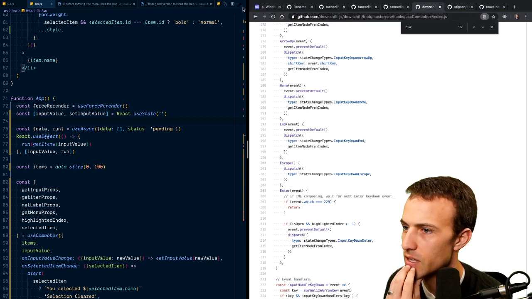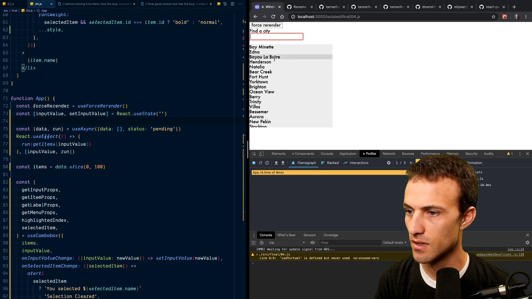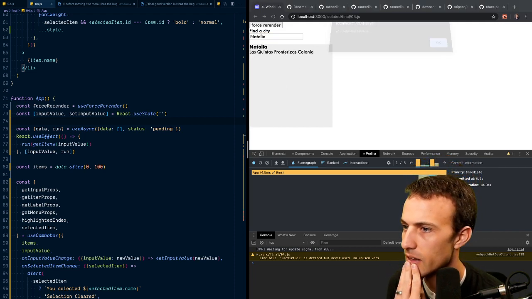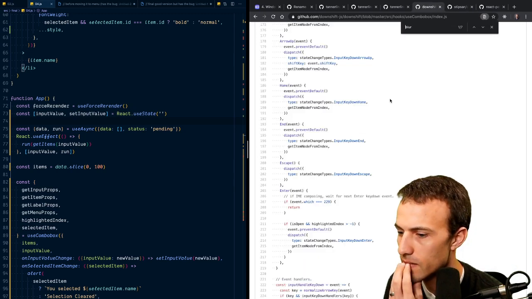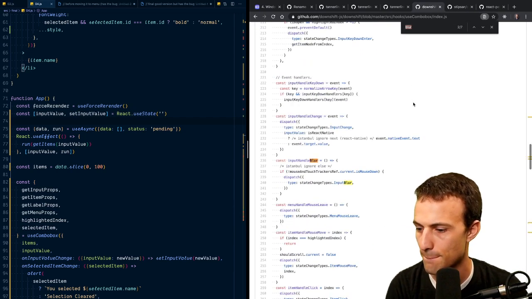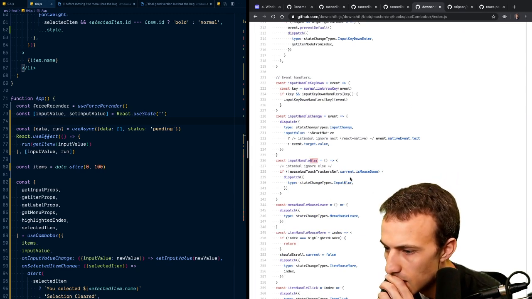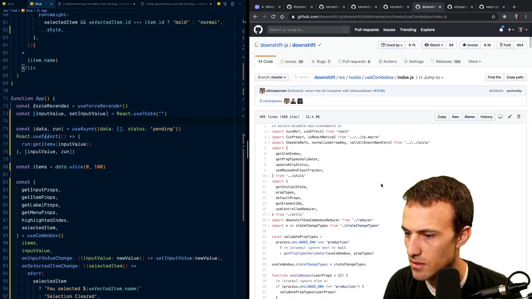Okay, so what's happening is, come down here and I blur and it selects the highlighted item. Definitely not desired behavior. So this is going to be in our reducer, which is